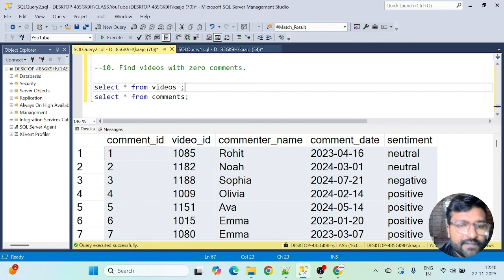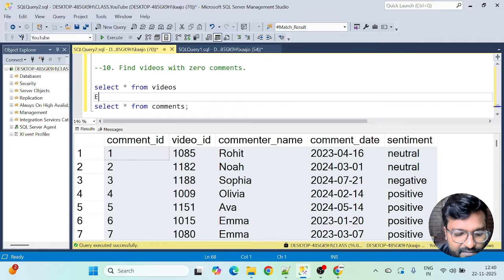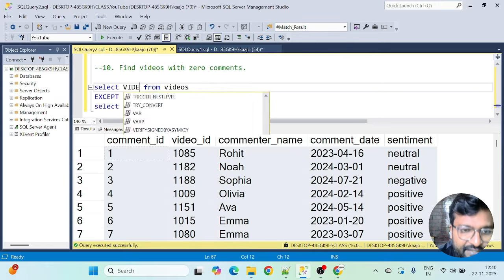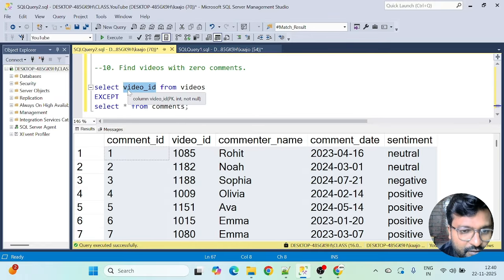So there are multiple ways to do it. Either I can go with a left join, or except, or not in. Anything is fine. Let's first try except, because I have observed that many of you have not worked with except much, and I want you to be comfortable with this clause and see how it works. It works just like union, so you have to give the exact same number of columns in the top and the bottom queries.